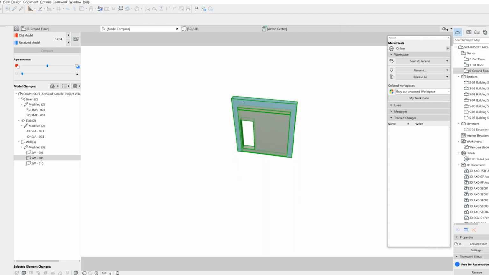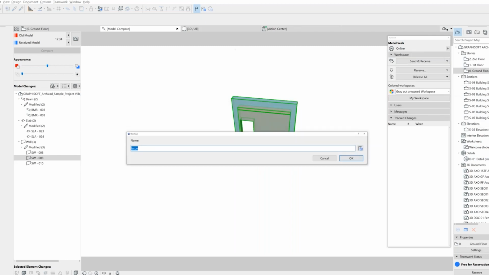So I can right click and add to new issue, and it will bring this to the issue manager, which more information will be covered in the third session on issue manager. So join us for that webinar session to know more about it.